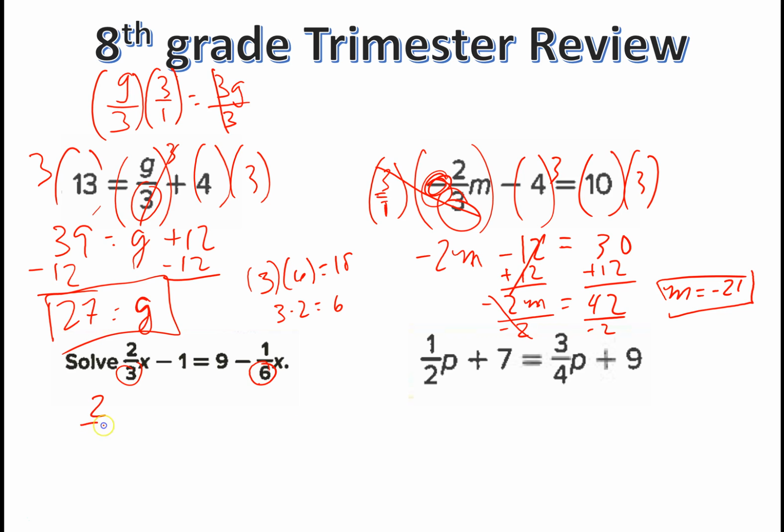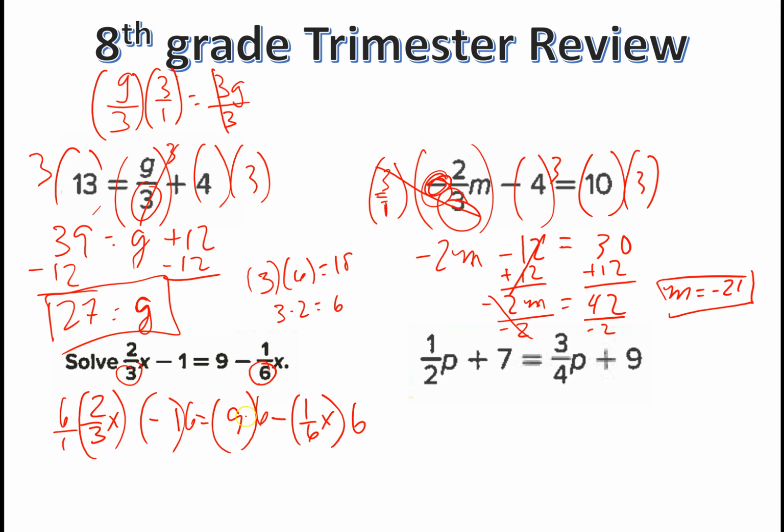So I'm going to do 2/3 x minus 1 equals 9 minus 1 6x. I multiply that by 6. Multiply that by 6. So when I have a fraction, I have to put 6 over 1. So this gives me 6 times 2 is 12 divided by 3. Negative 1 times 6 is negative 6. 9 times 6 is 54. And these two are